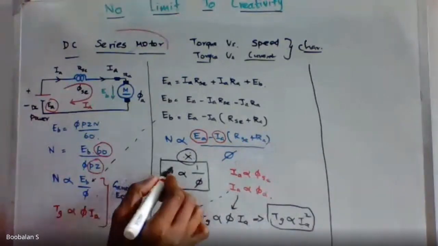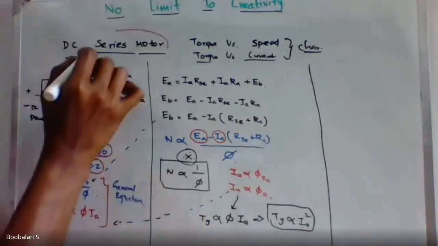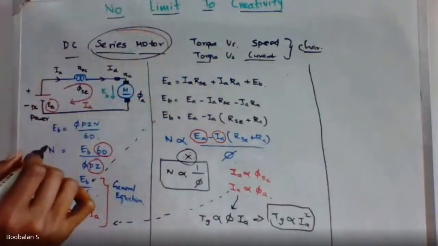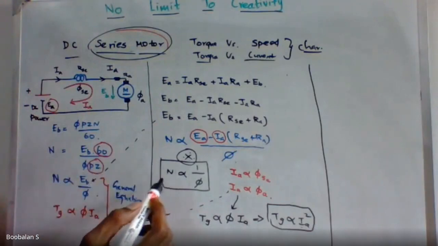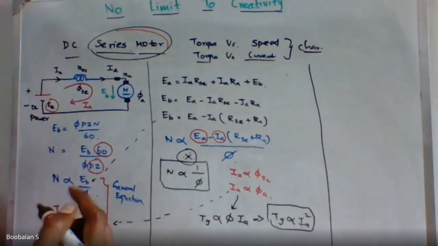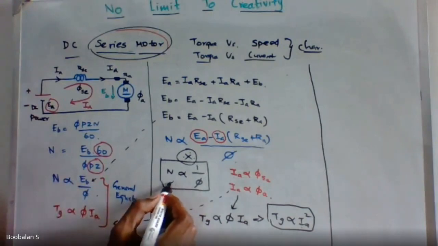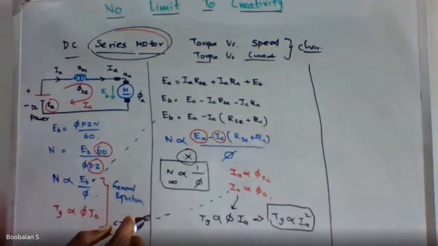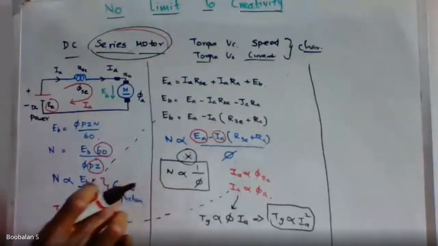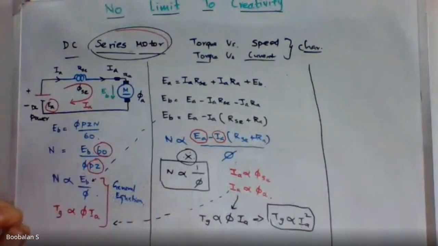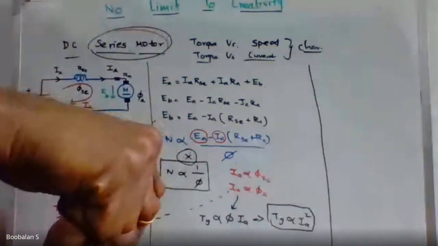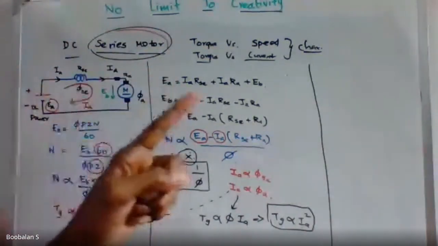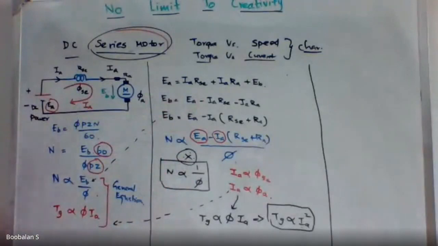So the initial speed is very, very huge in a DC series motor. If you are not applying any load initially, the motor is going to run away, it's going to start at that much speed, infinite speed it's going to run. To avoid this, what they do in industry is apply a load before starting the motor. We apply some amount of load, say 10 kg or 15 kg, connect this load to the rotating part, then switch on. Then the motor is going to run in a safer manner, right?